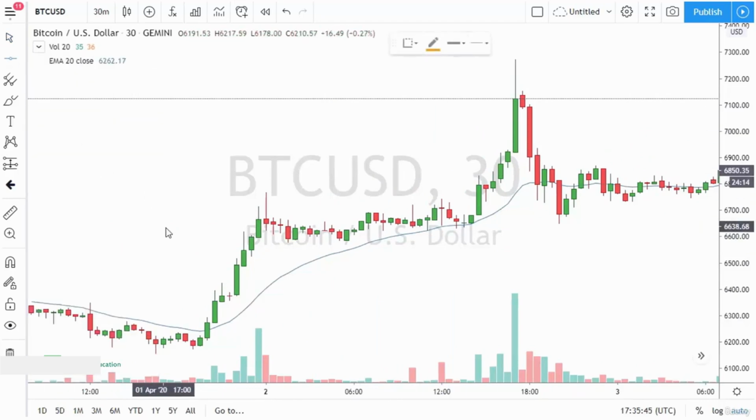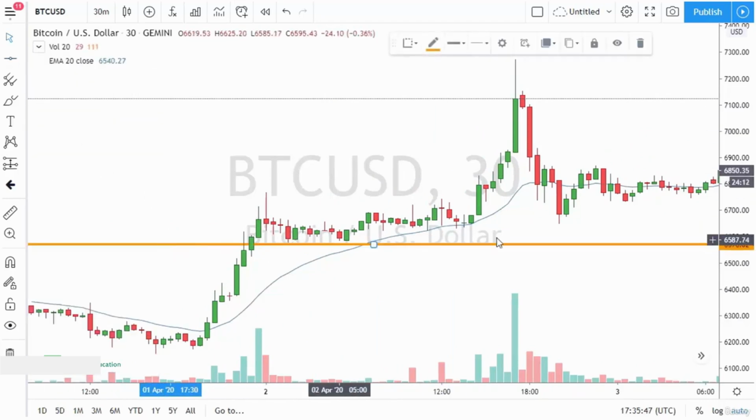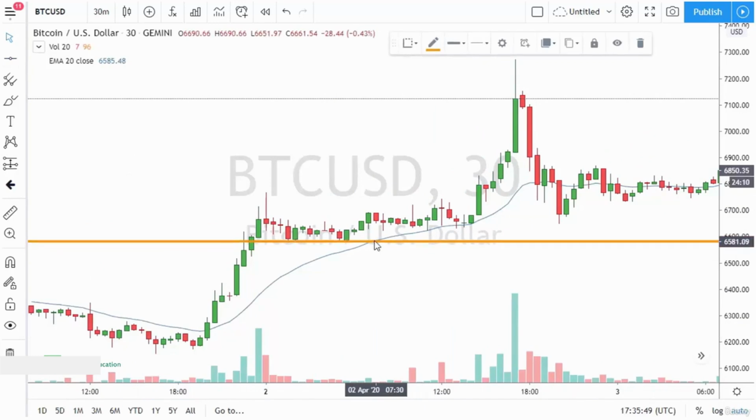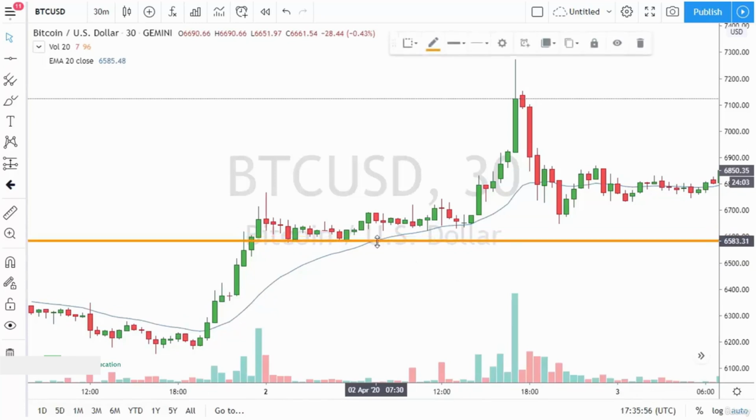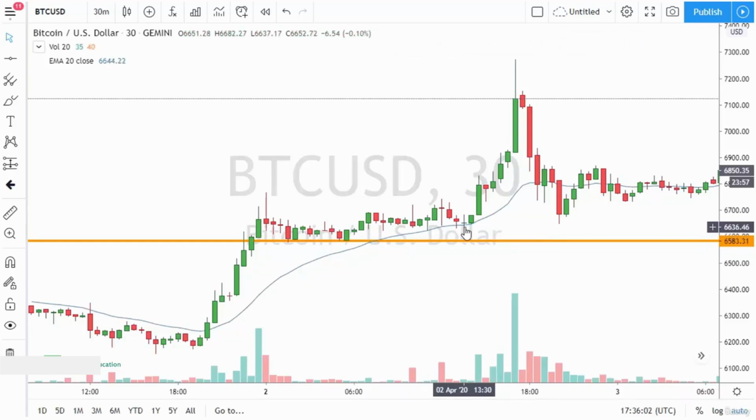You could also make an argument for a certain amount of support here at, let's just call it 6,600, just to give it a round figure here. It's actually a little bit lower than that, but you can see that the market had been hanging on to this area. The fact that the 20 EMA has come into play formed a little bit of a supportive candlestick